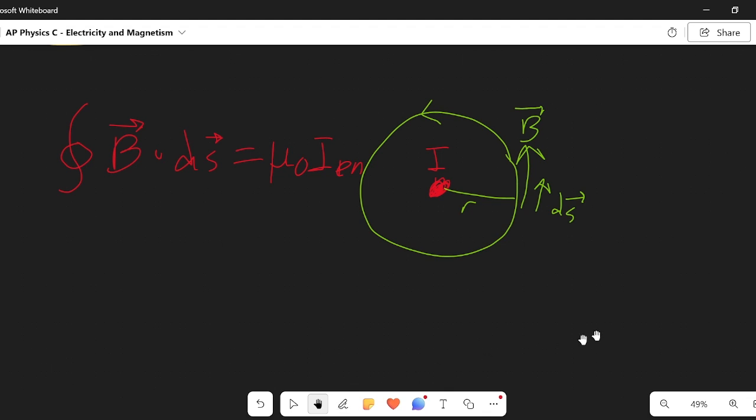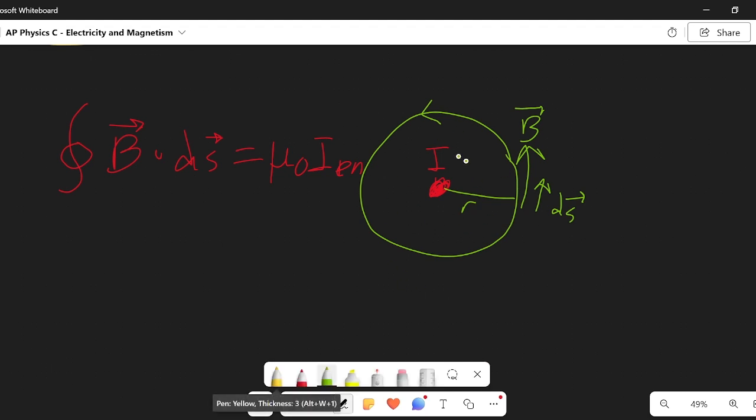The good thing here is that we took an Amperian loop, and the ds vector of the Amperian loop is going to be the direction that our Amperian loop is in. And luckily, the magnetic field is in the same direction. So if we simplify this dot product,